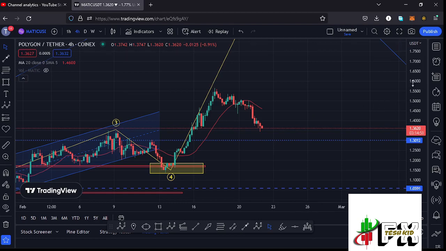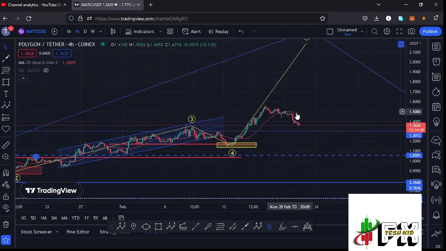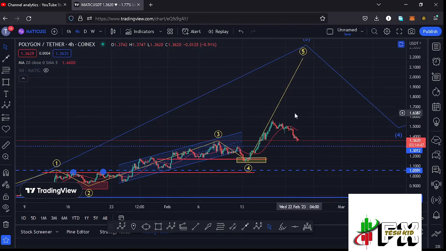We have also continued to obey the Elliot structures, where I believe that whatever we are seeing over here is the start of a massive bounce to the upside in the formation of this wave 5. And before I get further into the technical analysis and also give you my next price targets to the upside in the formation of that wave 5,